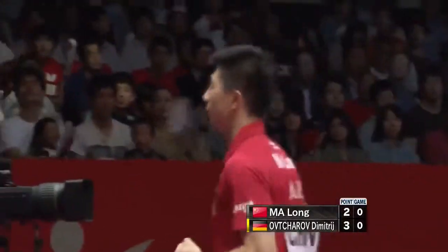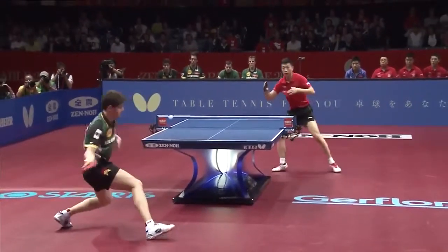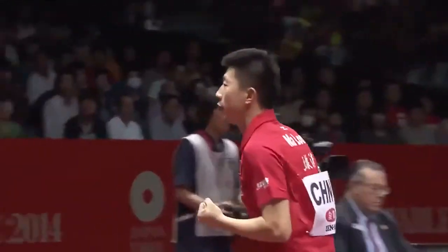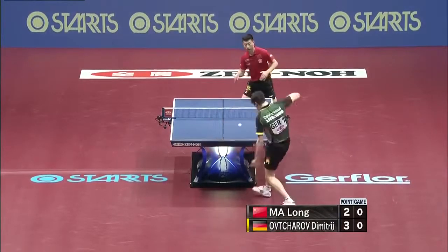The topspin from Marlon just kicked the ball slightly. We'll see it on the replay. Here's the topspin. Ball jumps a fraction and it hits the top edge of Ovtcharov's bat, and there it goes up into the roof of this magnificent Yogi gymnasium. Oh,